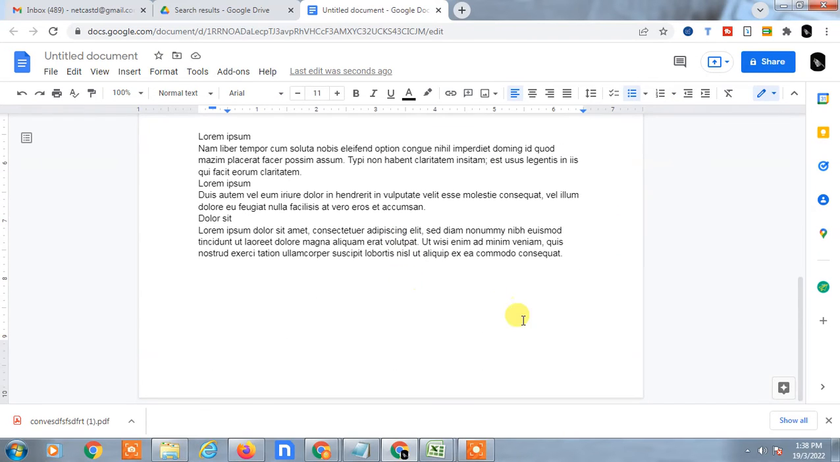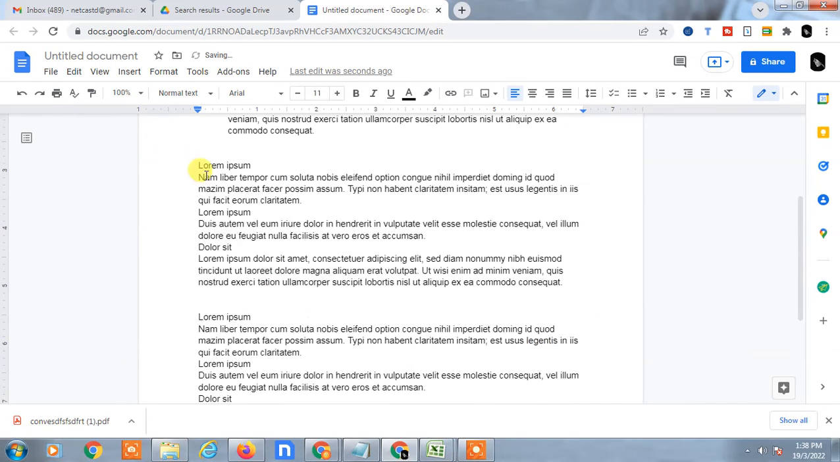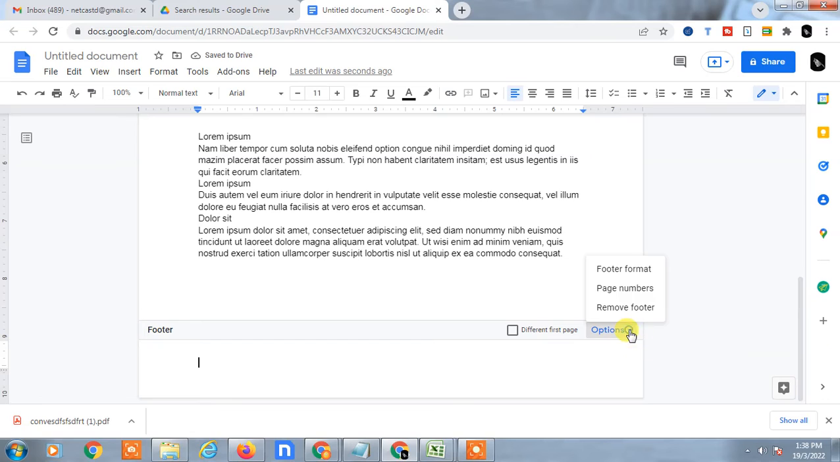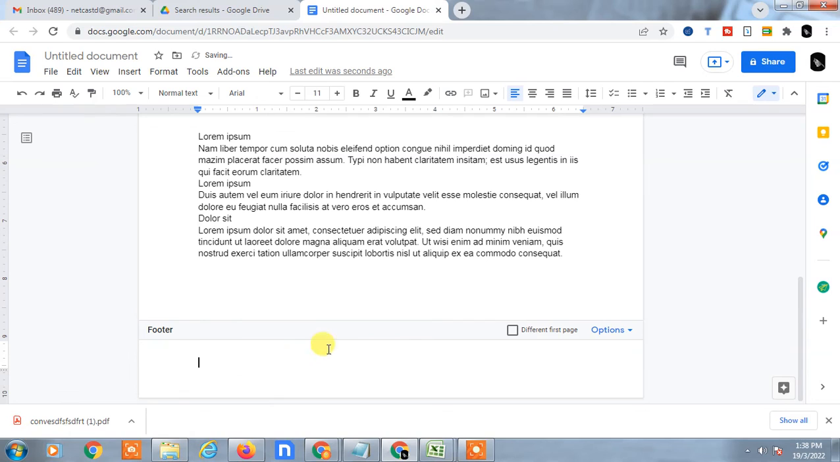If you want to add a footer, you just have to come to the footer and double click on it, then the footer will have the same options you can use. And here there is another option. If you want to remove the footer, just remove it, or if you want to add a footer manually, go to Insert and click on Header and footer. You can add a footer. Okay, you can see you can also add a footer like this, and